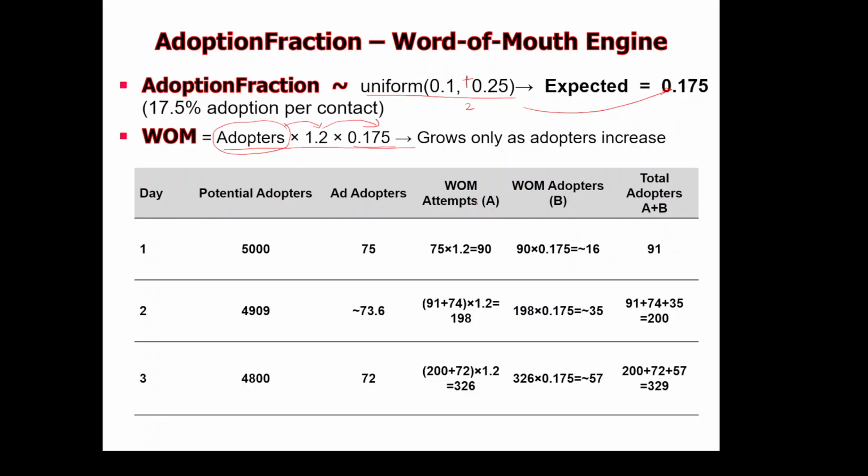So these are just approximate numbers for discussion, because this is a probabilistic scenario. We are not sure what number will be drawn from the probability distribution, but we are assuming 0.175 as an expected value. So we have 5,000 potential adopters, the potential users in our population. By going through the advertisements, 0.015 of these 5,000, 75, become the adopters through advertisements, and